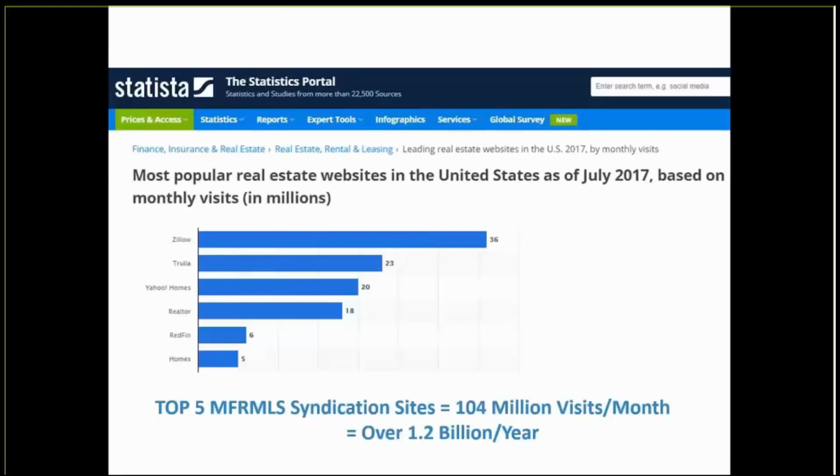Probably my favorite statistic that I came across was the actual visitors to some of these websites. So if you look here in the middle, most popular real estate websites in the U.S. as of July 2017, so it's about a year ago when we're recording this, based on monthly visits in millions. So if you look here on the left, Zillow, Trulia, Yahoo Homes, Realtor.com, Homes.com, 36 million, 23 million, 20 million,